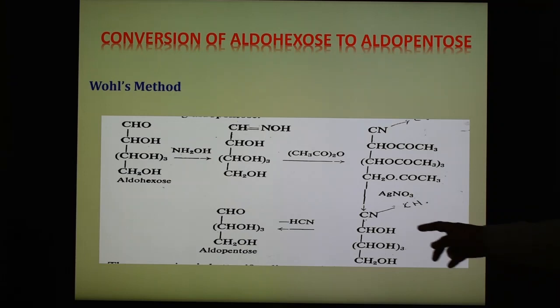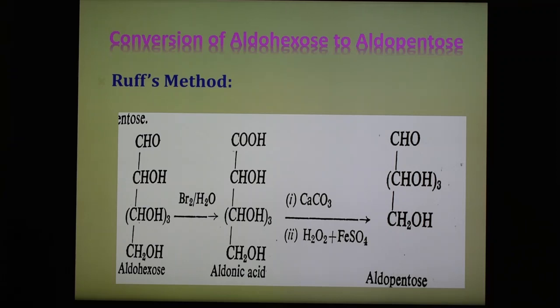So hydrogen from this and HCN get removed, and we get the aldopentose. So starting from aldohexose, we get aldopentose. This is the method given by Wohl, and 3 steps are there. And this conversion is also given by Ruff, the name of a scientist, and here aldohexose is again converting to aldopentose,